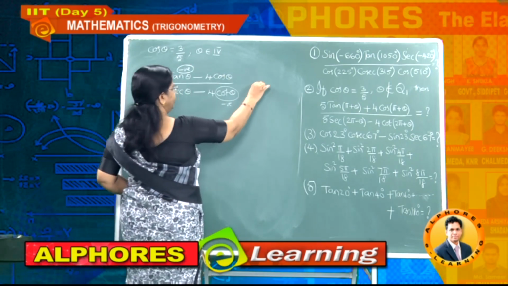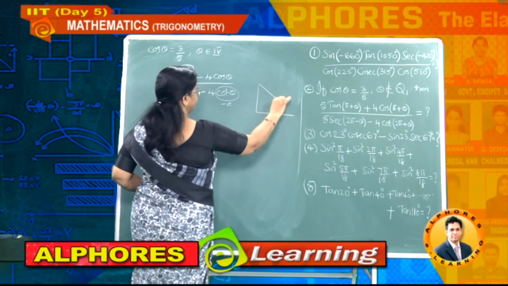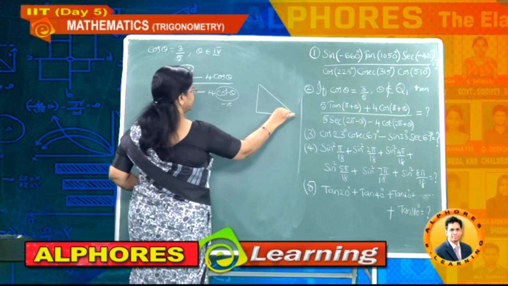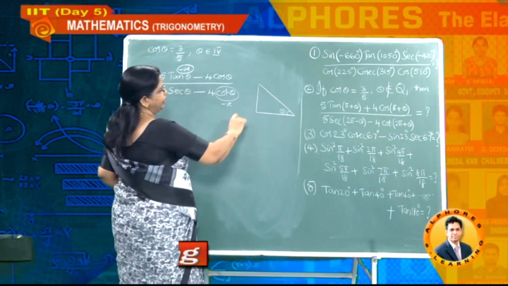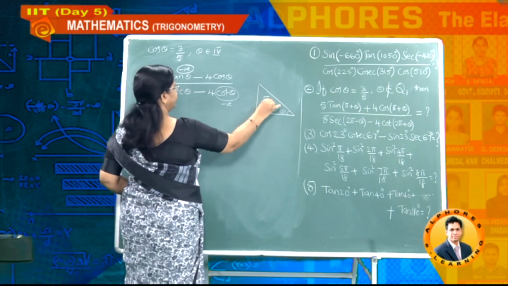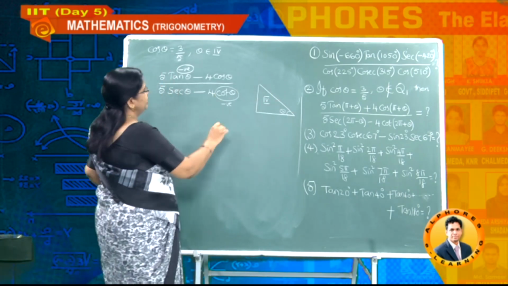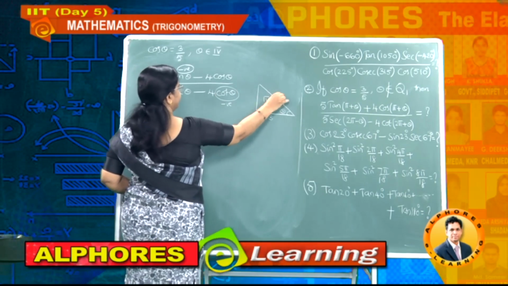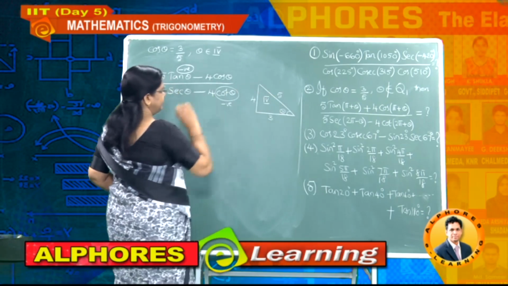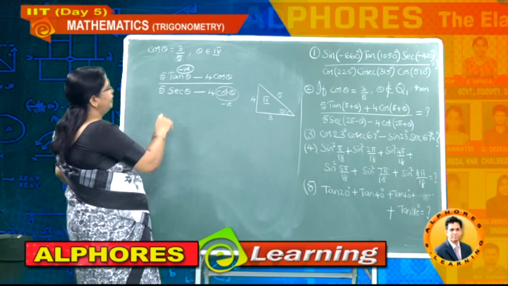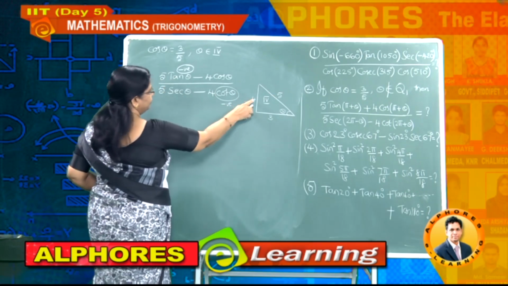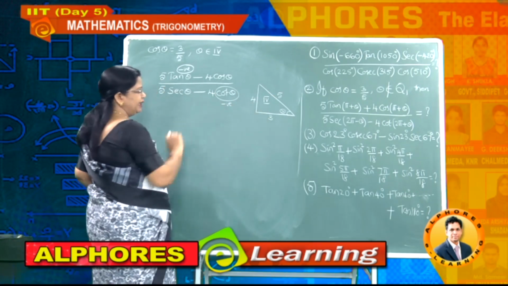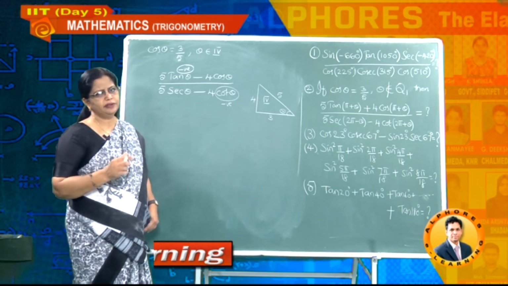Now whenever you come across this kind of problem, take a right angle triangle, mark the angle as theta, and inside write it as fourth quadrant. Now this side is 3 and this is 5, obviously this value is 4. Now what about tan theta? It is 4 by 3, because in the diagram any time don't use symbols.